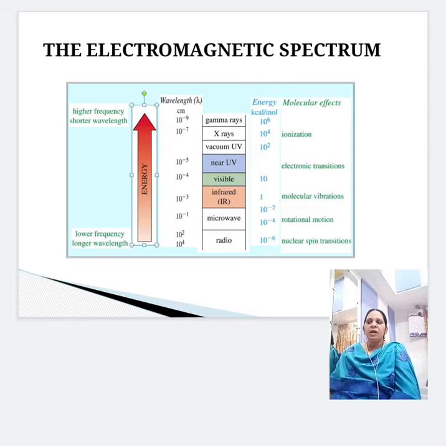We have the radio waves, microwaves, then infrared rays, then visible rays, ultraviolet rays, near ultraviolet, vacuum ultraviolet, X-rays and gamma rays. Gamma rays are of shorter wavelength, whereas radio waves are of longer wavelength. The nature of all these,